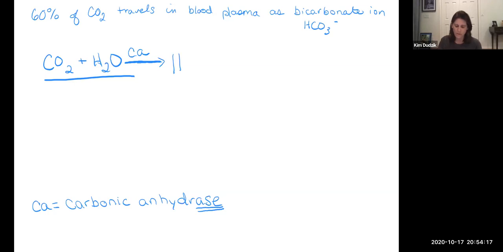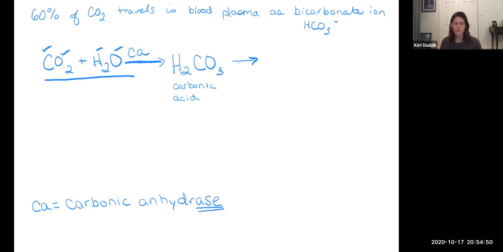So what happens is you first get H2CO3, right? I have 2 hydrogens, I have 1 carbon, and I have 3 oxygens. This is carbonic acid. But what happens is that it dissociates. And I think the carbonic anhydrase helps it dissociate. So that's why it skipped that step in that red blood cell.